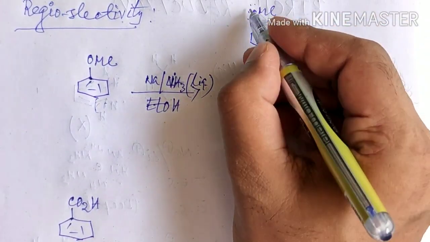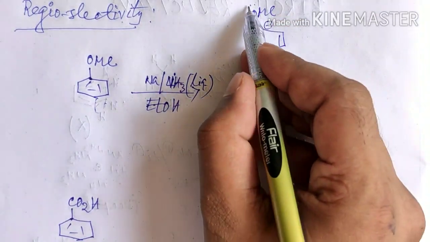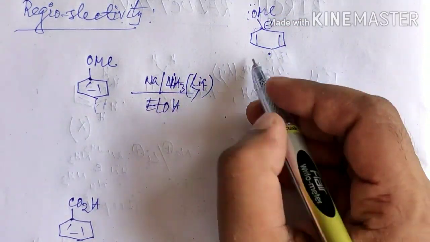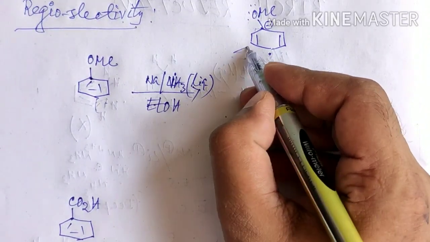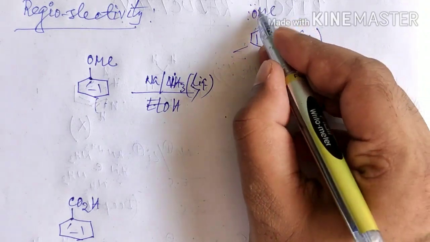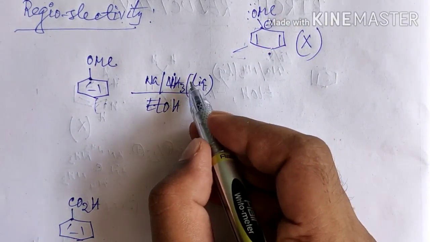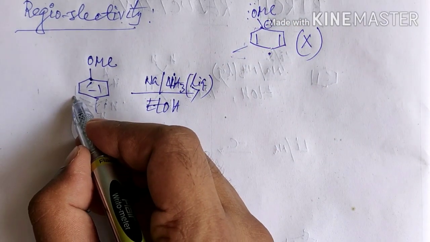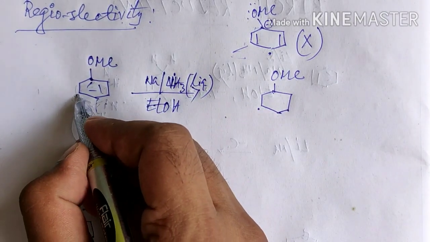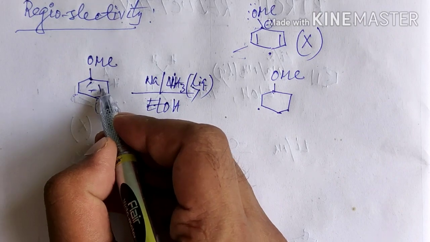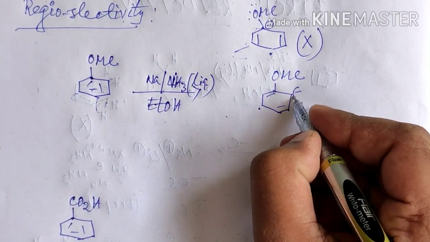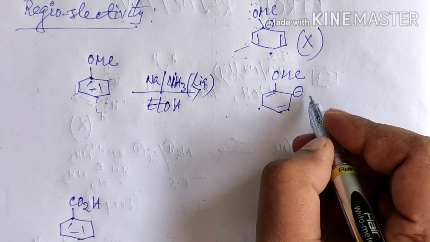Since oxygen contains two lone pairs, there will be electronic repulsion between this electron density, so such an attack will not be favorable for a benzene ring containing an electron donating group. It will attack at the meta position, that is, the electron will attack here, it will go here and the anion will generate here. So the radical anion form will look like this.